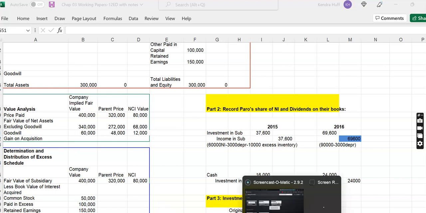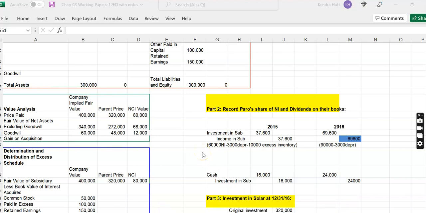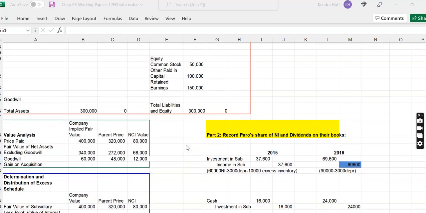Okay, this is the explanation for problem 3, because I don't think the sound recorded. Let me double check that it's problem 3. Yes, okay. All right, so problem 3 is basically the same as problem 2, except in problem 2 they used